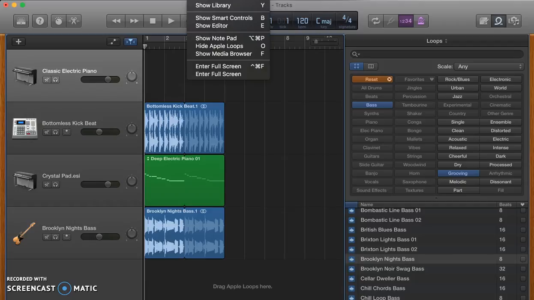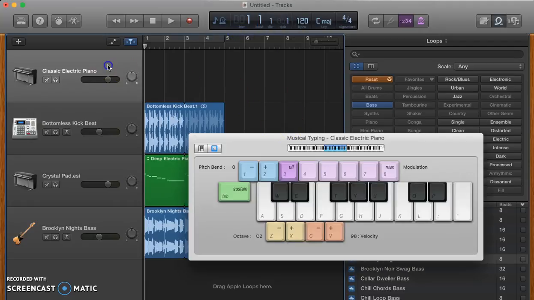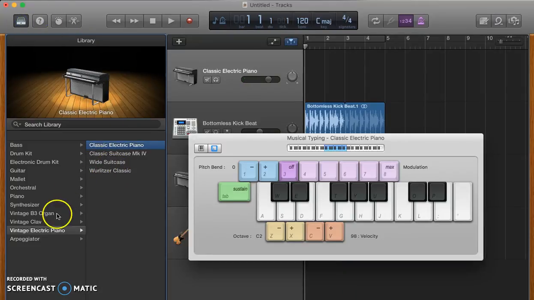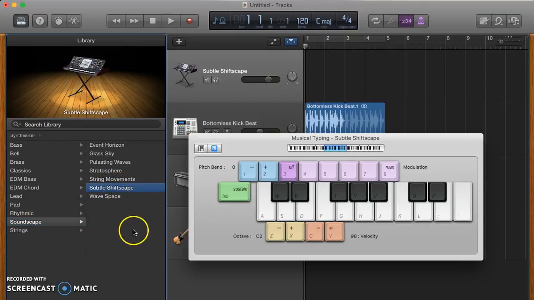So we're going to go to View, or to Window, and you're going to show musical typing. You're going to go to one of the instruments, and using just your keyboard, you can play each note. Again, we're going to kind of change that around. So let's grab subtle shiftscape. No idea what it's going to sound like, so there you go. So you notice that the keyboard here ranges from your A key to the apostrophe key, and